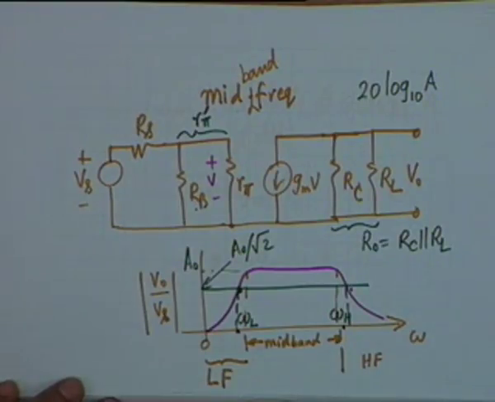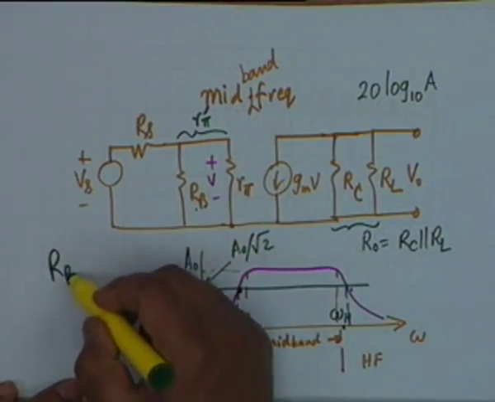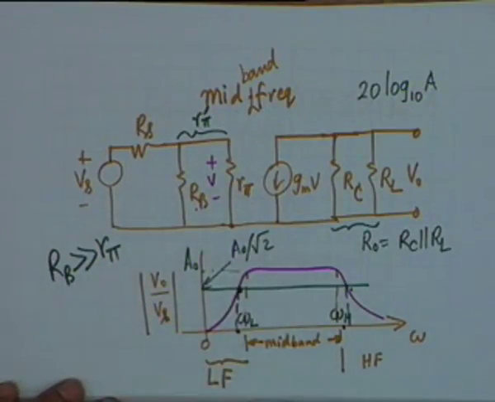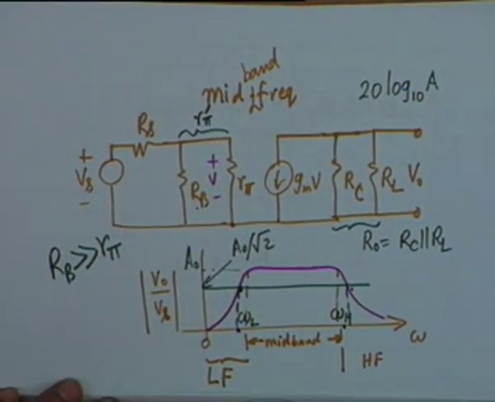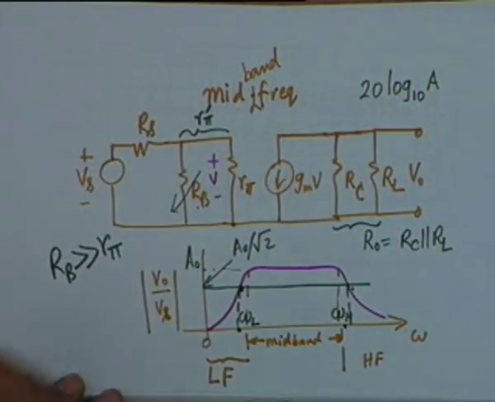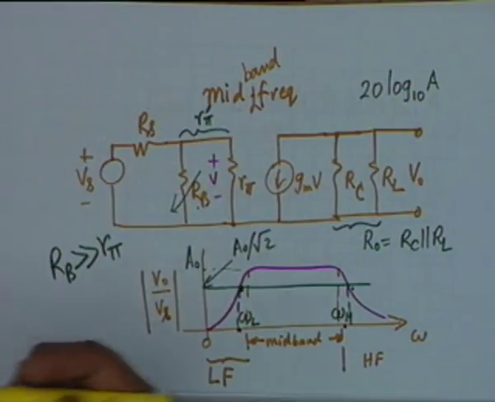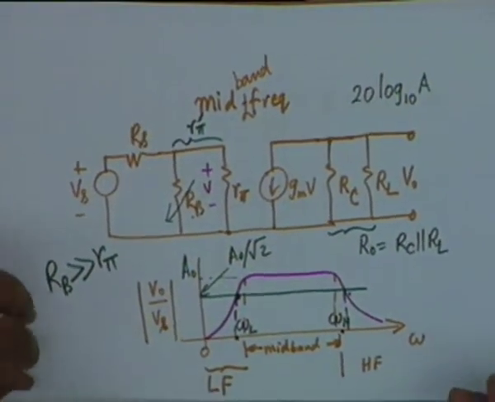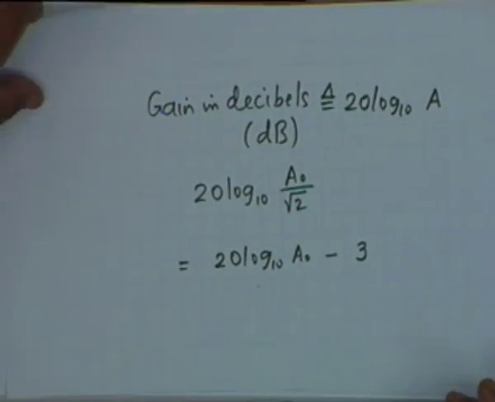But the usual design consideration is that RB is usually much greater than R pi. R pi is of the order of a k, and RB would be of the order of 10k, and 1:10 can be considered as much greater than. And therefore in our subsequent calculations we shall ignore the effect of RB. If needed, if your design is such that RB is comparable to R pi, then you simply combine the two. That is, instead of R pi, you take R pi prime, which is the parallel combination of RB and R pi, and therefore our equivalent circuit then simplifies to the following.